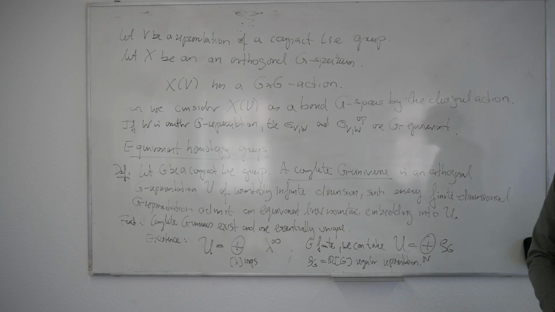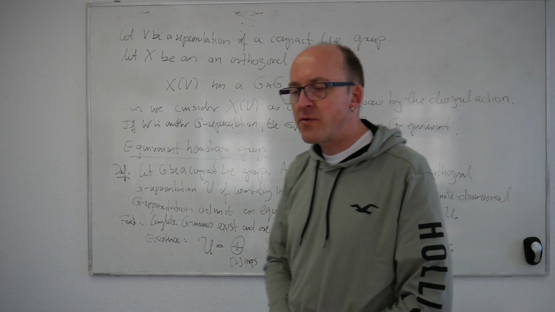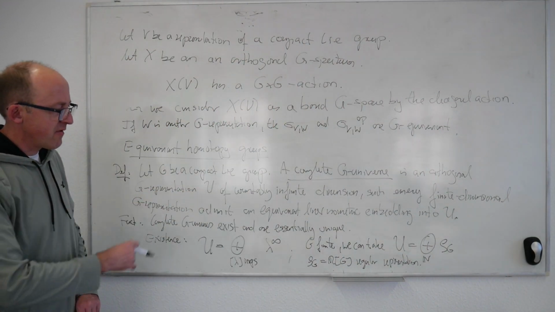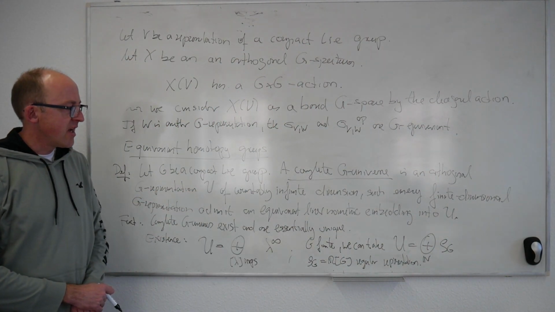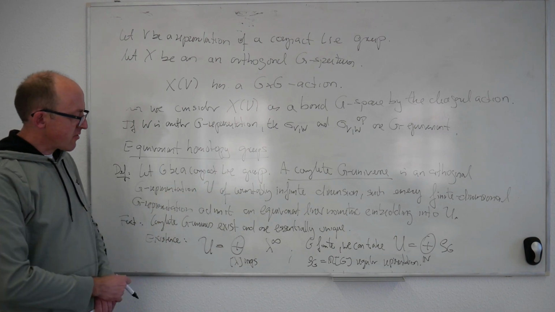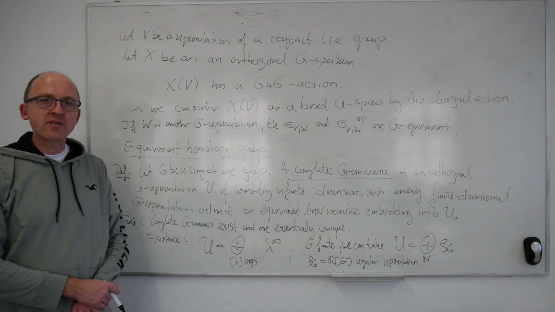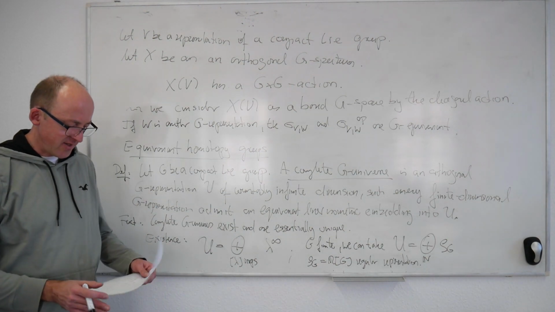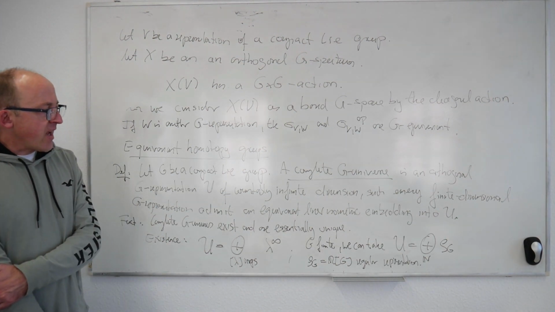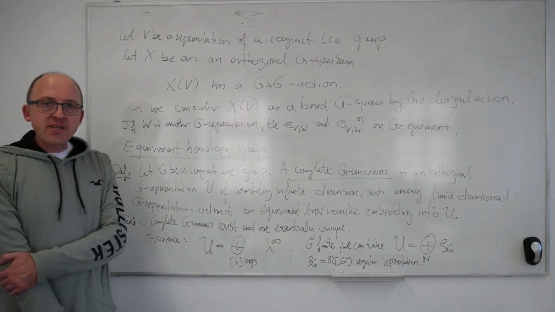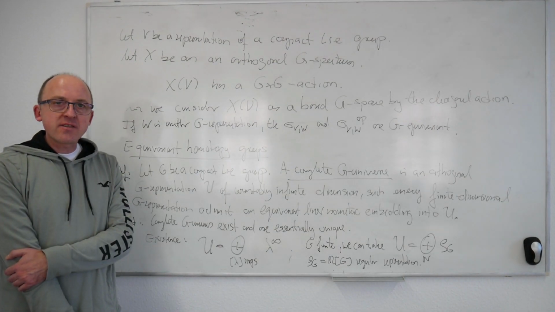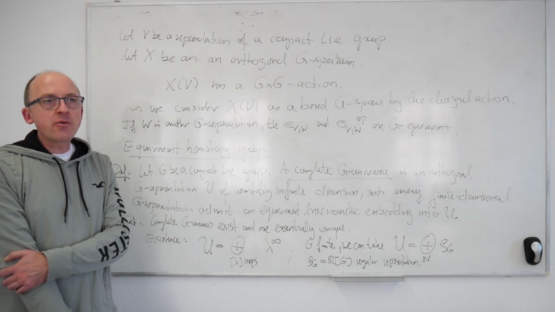In the context of compact Lie groups, there is no good substitute for the regular representation, at least not for this specific purpose. So there is no similar description, and we have to work with this characterization of universes. They are defined by certain properties, and they exist. So I also want to make a comment about the uniqueness. I will not write anything down about this. So they're essentially unique. What do I mean by this?